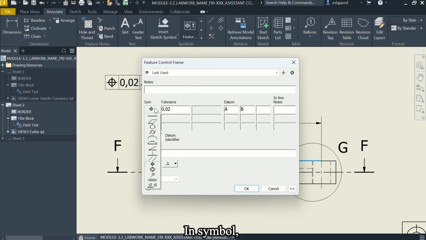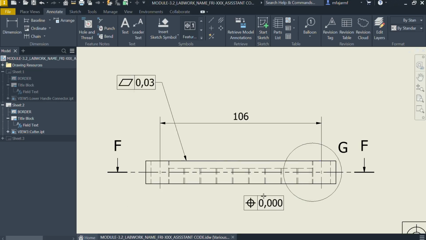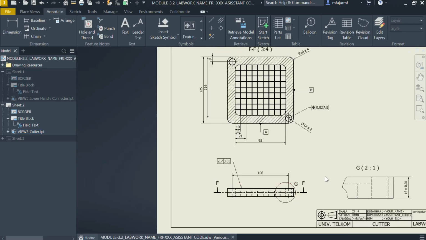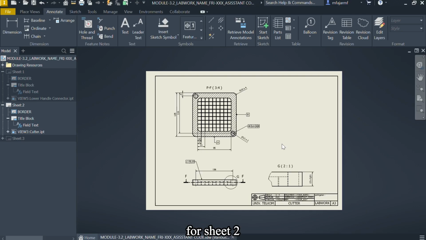In symbol, we choose flatness. Set tolerance to 0.03 and delete all of the datum. After that, click OK. And this is the final result for sheet 2.